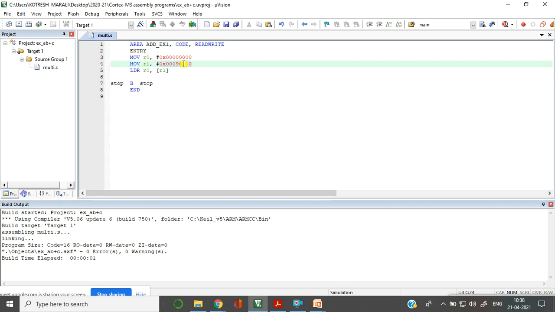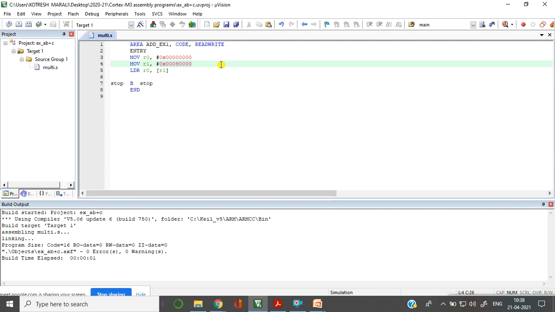Later on, I say that LDR loads the register R0 with the address pointed to by the R1 register, which means that the content present in R1 is not data, it is a memory address. It is pointing to a memory.